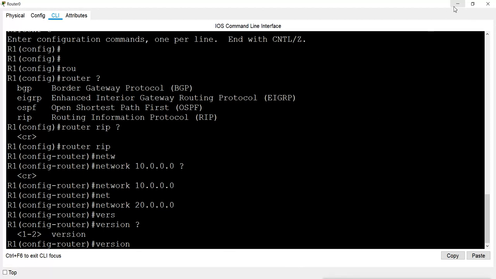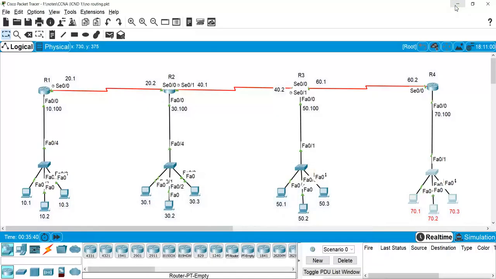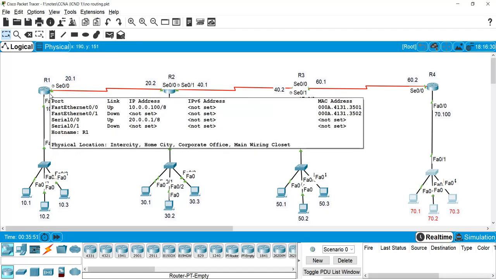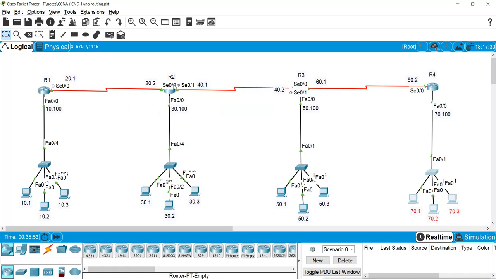That means if you choose version 1 here, you have to choose version 1 on all these other routers like router 2, router 3, router 4. And if you use version 2 here in router 1, then you have to use the same version on router 2, 3 and 4. Otherwise what happens? They will not be able to communicate with each other because they are in different versions, and they will not be able to find the routing table.